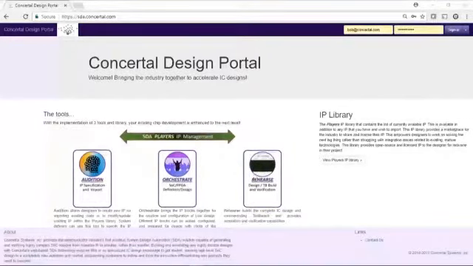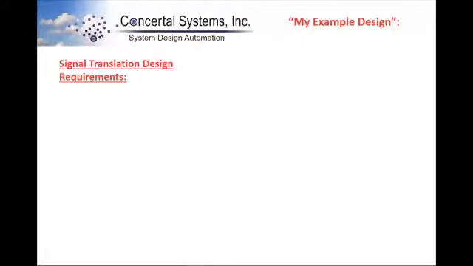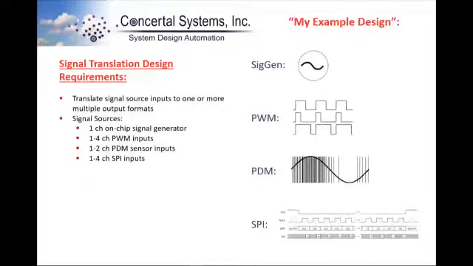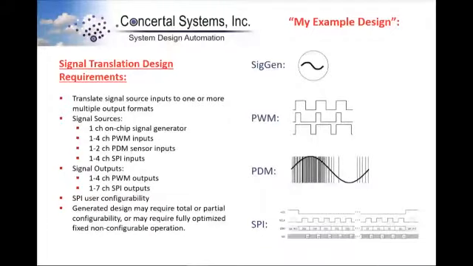We'll be using our previous example design from the Introduction to Orchestrate Rapid SDA Design video. Once again, the previous example was a simple design that could take input digital signals from a variety of sources, such as an on-chip signal generator, 1 to 4 channels of PWM inputs, 1 or 2 channels of PDM sensor inputs like from a digital microphone, and 1 to 4 channels of SPI digital signal data inputs. And it could translate those signals to 1 to 4 channels of PWM outputs or 1 to 7 channels of SPI outputs. We start by logging into the Concertal SDA portal,